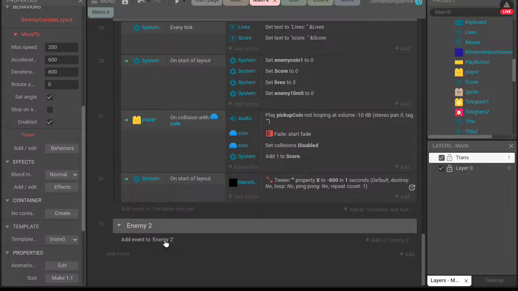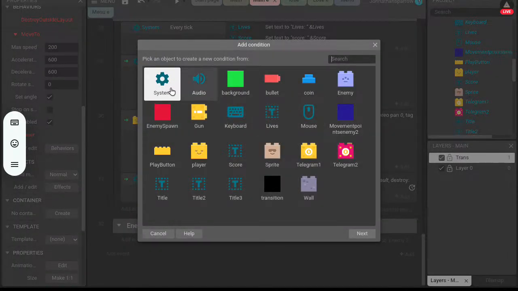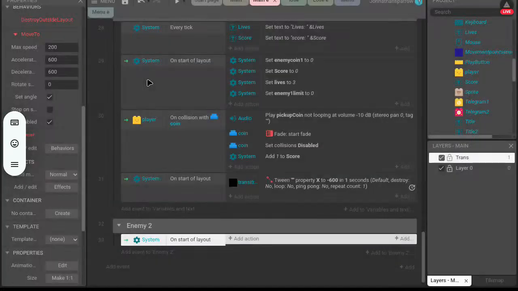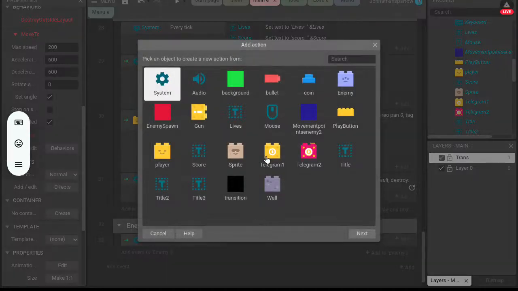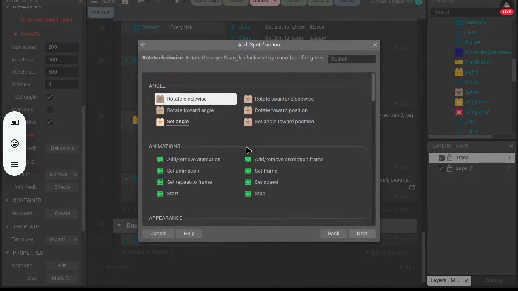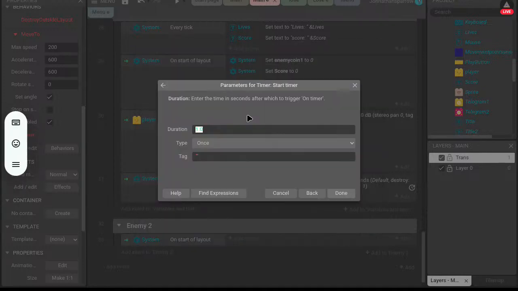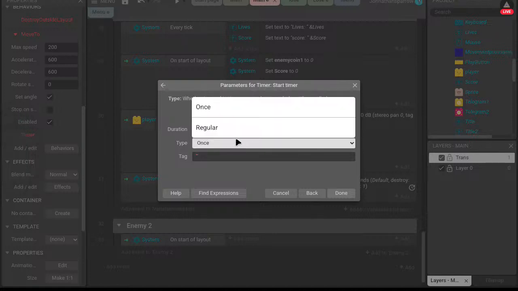So, enemy 2, on start of layout, I'm gonna start a timer. I'm gonna set it to 2 seconds.